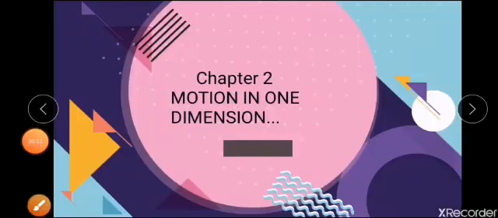Today in our class, we are skipping on to the second chapter, that is motion in one dimension. Now in your first chapter, your exercise B part and C part is remaining. Those three parts include screw gauge, vernier caliper and simple pendulum. These three are lab instrument based explanations. So that can be only done when the school reopens. You will be explained with the help of the instruments and it will be shown to you and explained. So we will do those two sections when your school reopens. Now your first exercise, you can complete it in your copy.